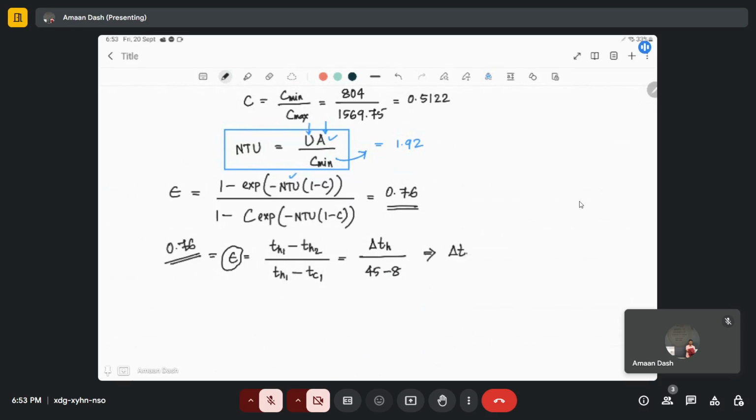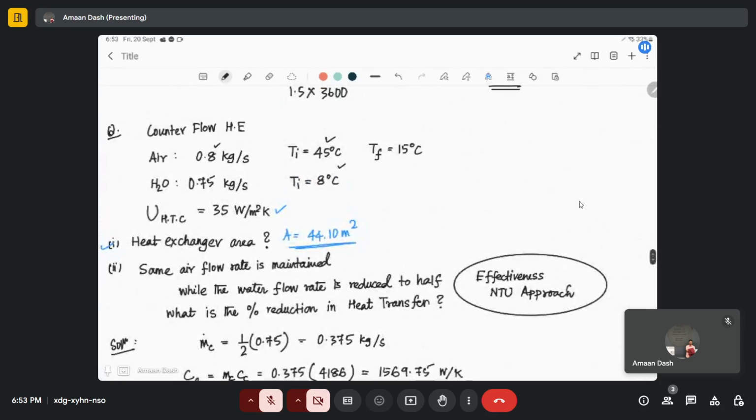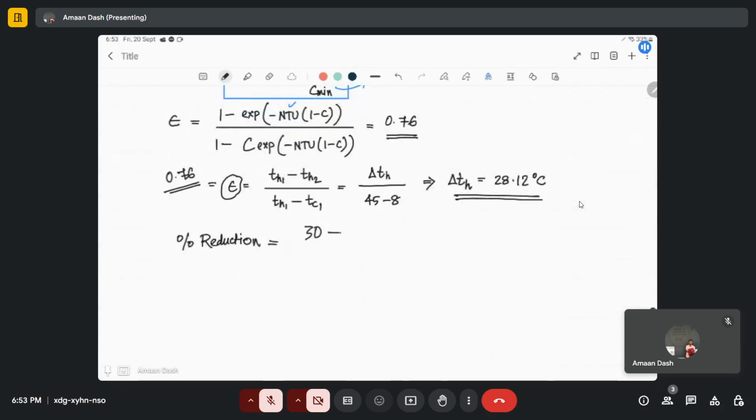So the decrease in temperature for the hot side, or the air side of the fluid, is nothing but 28.12 degrees Celsius. So now the percentage reduction. If the mass flow rate is reduced, then the heat transfer should have been reduced. Initially it was 30, because this is 45 and 15. So initially the difference was 30. Now the difference is 28.12,